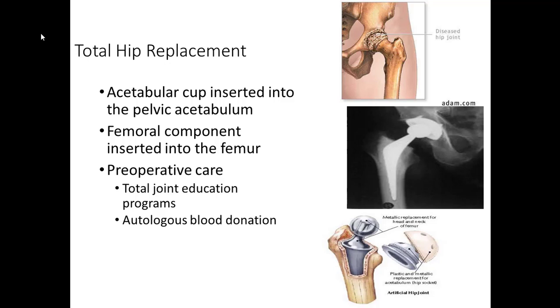It has here an autologous blood donation. I don't know how much they actually do it, where they give blood a couple days before surgery or whatever the deal is. And I know Broqua doesn't do it anymore either, but we used to have a machine that drained out the extra blood that was sitting in that joint, and we cleaned it up and gave it right back to them like we were giving a regular blood transfusion, but it was their blood. We just recycled it and cleaned it up.